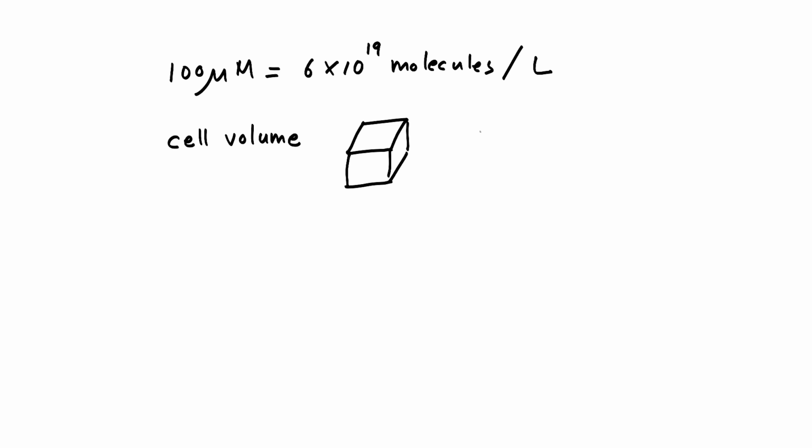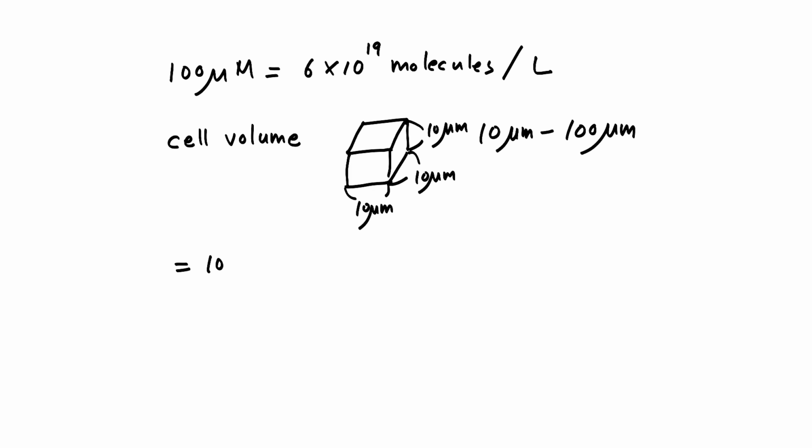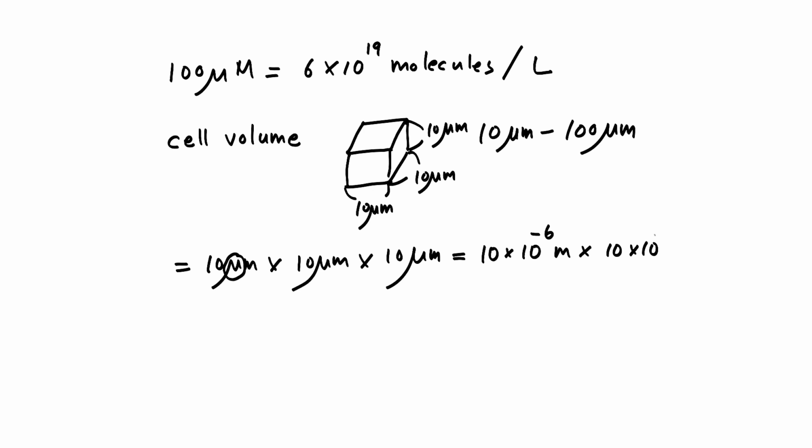little bit easy. Typically, a human cell has this size from 10 micrometer to 100 micrometer across. Our cell has 10 micrometer length and 10 micrometer width and 10 micrometer height. Then what is this volume? Now the volume, cell volume, is 10 micrometer times 10 micrometer times 10 micrometer, which is 10 times 10 to the power of negative 6 meter times 10 times 10 to the negative 6 meter,